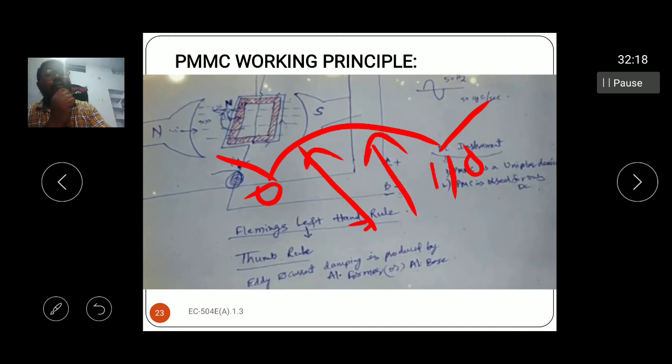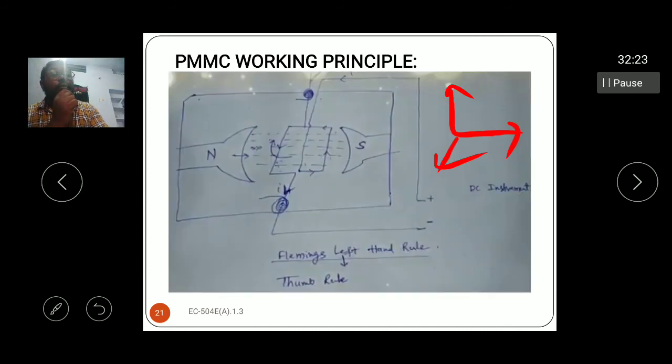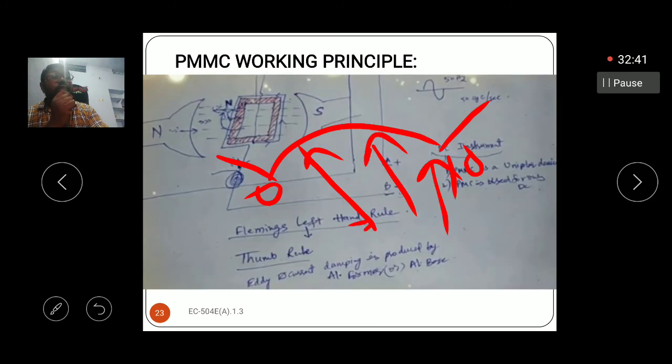If you connect the negative terminal and positive terminal the other way, here positive terminal, here negative terminal, the current is flowing in the upward direction. What we are getting in the reading is negative values. That means it goes from 0 to something like this negative portion, but our deflection scale is not going into the negative portion, because it has two stoppers here. At 0 one stopper is there and at 10 one more stopper is there.